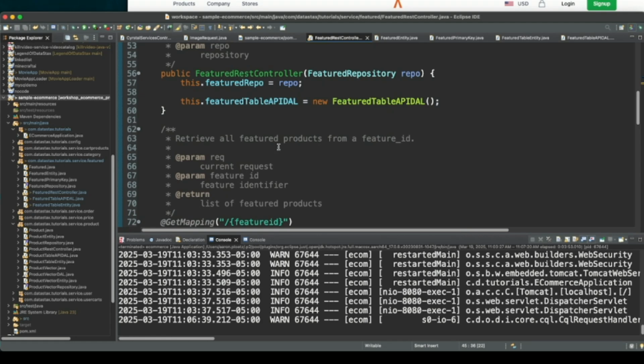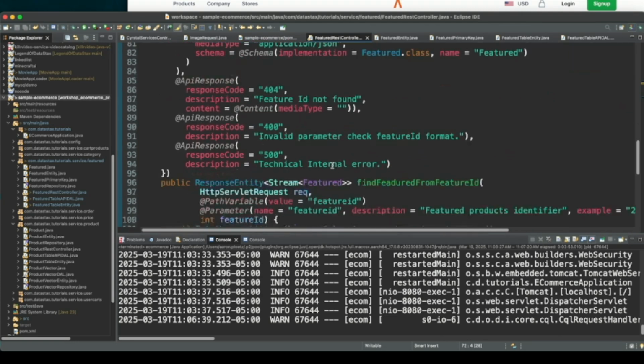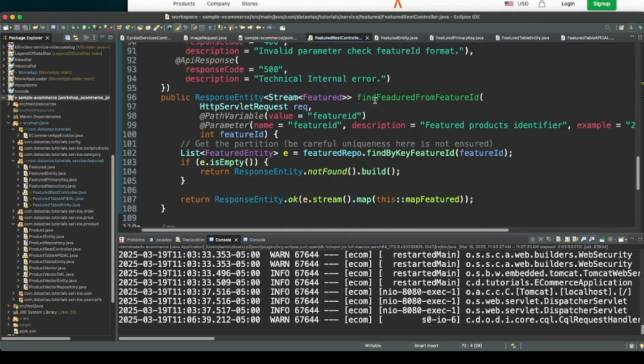We have our repository, and we initialize that. We have some get mappings here that help expose our methods so that they can be called by a simple curl request or from Postman, but also from the website front end as well, which is written in AngularJS.